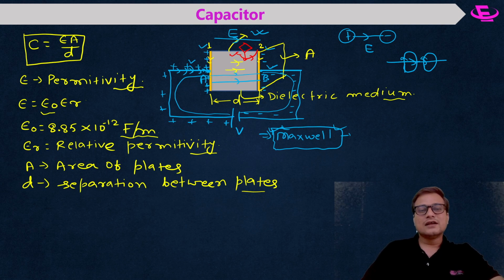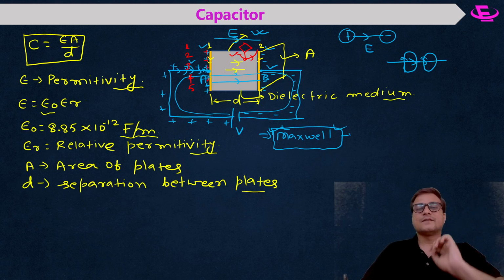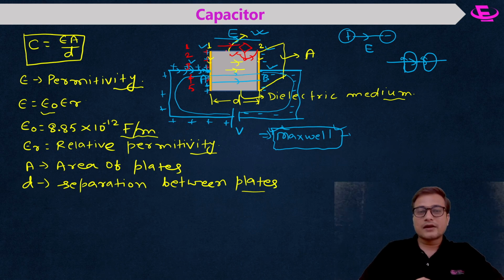He thought that the moment you connect the battery, the charges are being accumulated on the plates of the capacitor. So what happens? Suppose at time t equal to 1 second, the number of charges is 1. Then charges are increasing: 2, 3, 4, 5. The number of charges is increasing like this. So when the number of charges is increasing like this, what did he tell? He told that the strength of magnetic field is increasing. It's right.